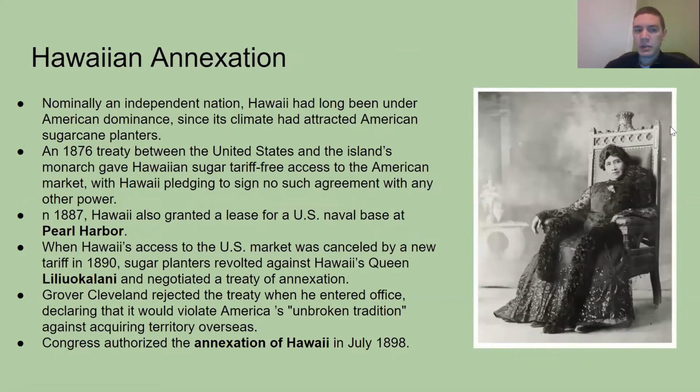We don't need to know too much about how Hawaii is taken over. Just a quick reminder: Hawaii had a queen, Queen Liliuokalani, but the United States had plantation owners who wanted to make Hawaii a territory of the United States, and they helped to overthrow her leadership. Eventually Congress would annex Hawaii in 1898.